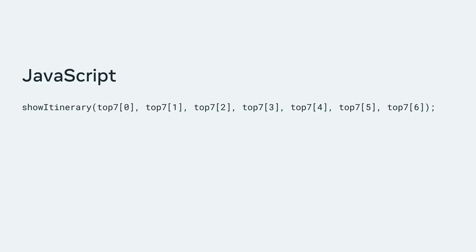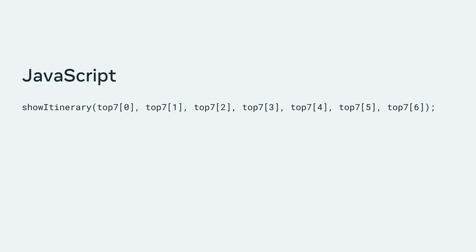But what if I extended my function to have 7 places that I want to visit? Let's disregard what the showItinerary function definition may show and imagine that I have made the necessary updates so that the function will handle 7 arguments. I have now built an entirely new array of the top 7 destinations, and I have saved it in a variable named top7. Now, I call the showItinerary function, and passing this function the 7 arguments again start with 0,